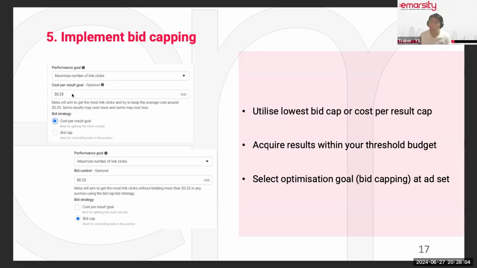On average, how much does it cost to deliver a result? Say, for example, on average, it's always $10 per lead. You can try $9 per lead. But don't go like $1 per lead, then you will not be competitive. Your ad might not show up. Okay, a very technical feature, but very useful. Most of the time when we implement it, we see a drop in the cost per lead and cost per click.